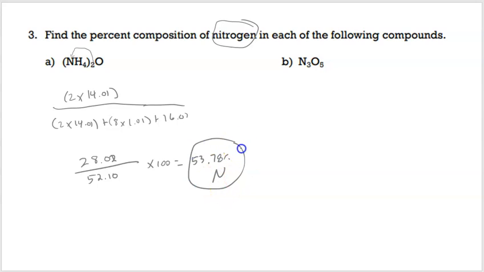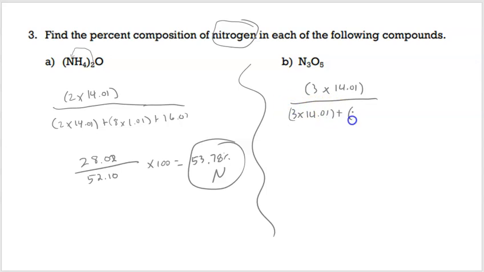53.78% nitrogen. All right, and then over here we got 3 nitrogens and 5 oxygens, so we're going to go 3 times 14.01 for the nitrogens, and then over 3 times 14.01 plus 5 times 16.00. We'll rewrite that to be 42.03 over 122.03 times 100, and we should get 34.44%